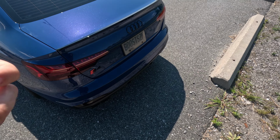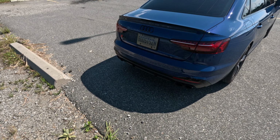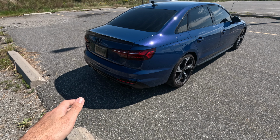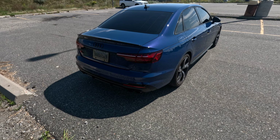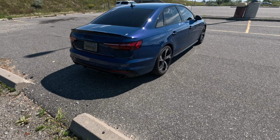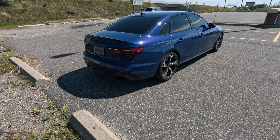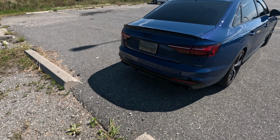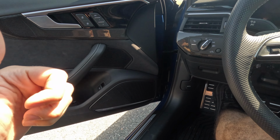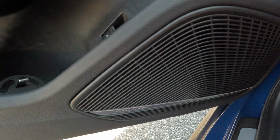So just to let you guys know, that was a warm start. I just parked the car. So that's a pretty warm start in dynamic with the valves open. And this is the sports exhaust. So that's another reason why I've really fallen in love with the sound of the exhaust with this car, because it does have that enhanced sports exhaust right from Audi. It's a great tone, but obviously you could argue it needs to be a bit louder, but it has an amazing tone to it. The fourth thing that I love is the Bang & Olufsen sound system that is in